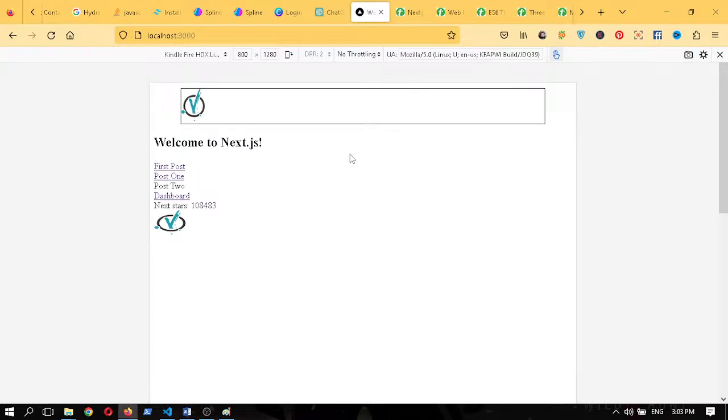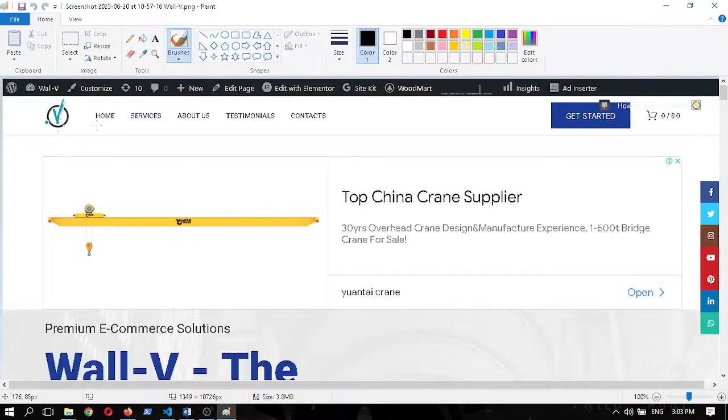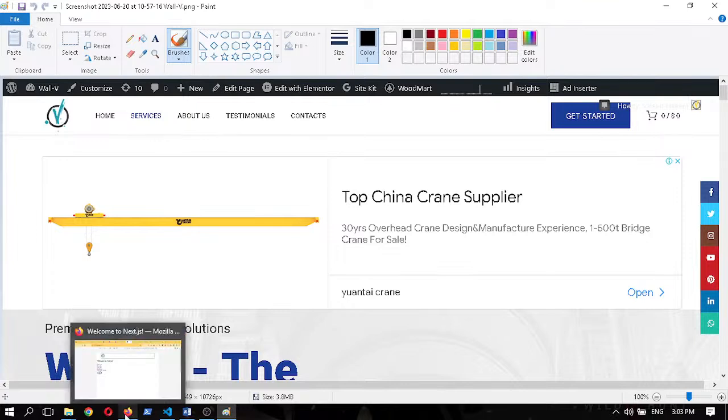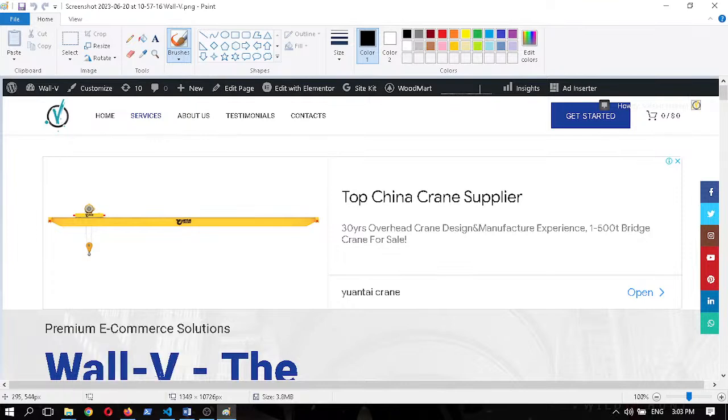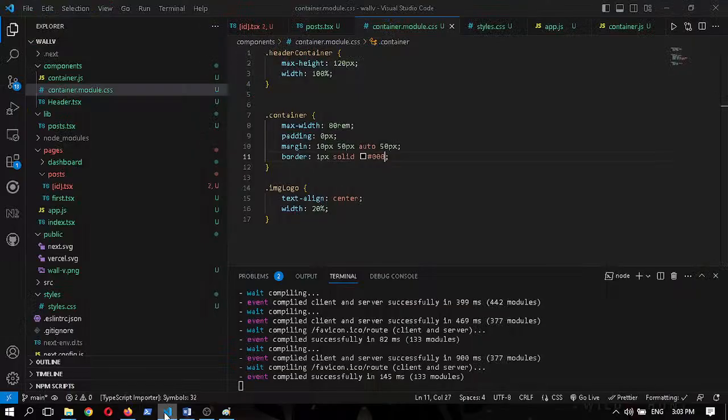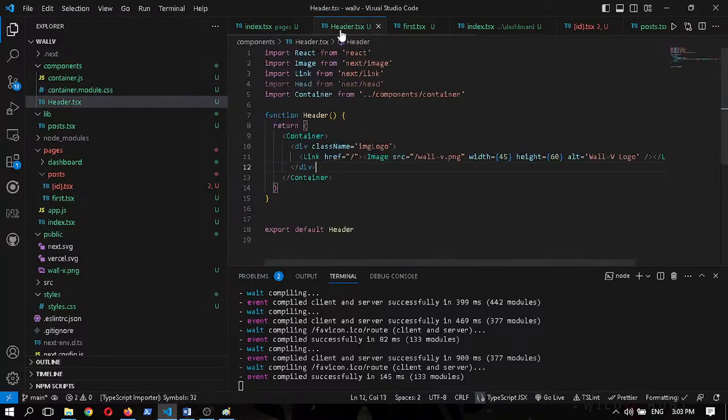Yes, it is responsive and good to go. Okay, now let's go back to the menu side: home, services, about us, testimonials, and contacts. Okay, let's see how we can create the menus for one page only. We will do this